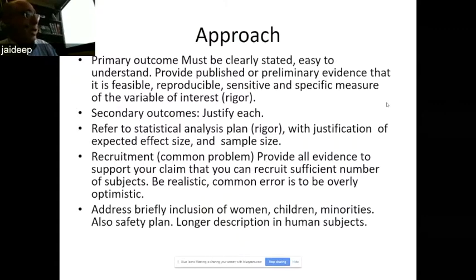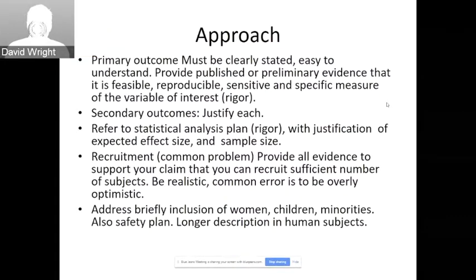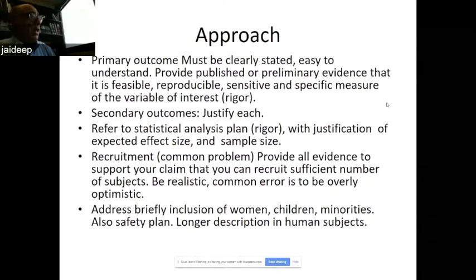There should be clear evidence that that outcome is feasible, it's reproducible, and it is sensitive to what you're trying to measure, and it is also specific. And these criteria speak to your rigor as a scientist. Rigor and reproducibility have become an area that NIH is very concerned about. They require all reviewers to assess every grant for rigor and reproducibility, and that's where you get to show that you've thought about your study design and your primary outcome very carefully, and it will be something that can be